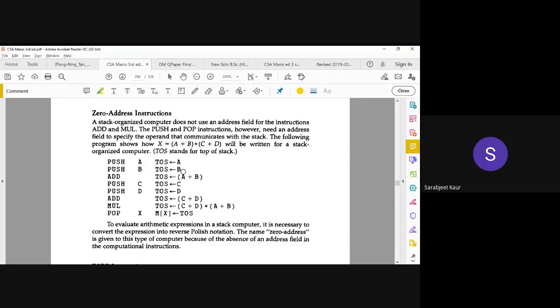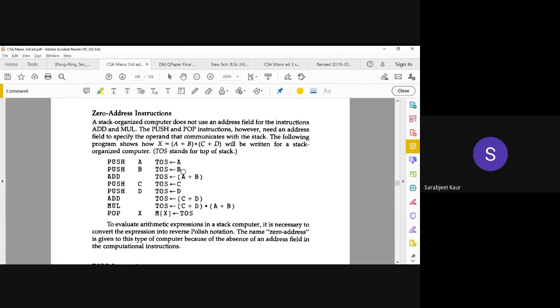All the operands and their intermediate results are stored on the stack itself, always on the top of the stack, as I told you. So we don't need so many registers or variables. We just need to keep track of only one location in the stack, the address of the topmost element of the stack,